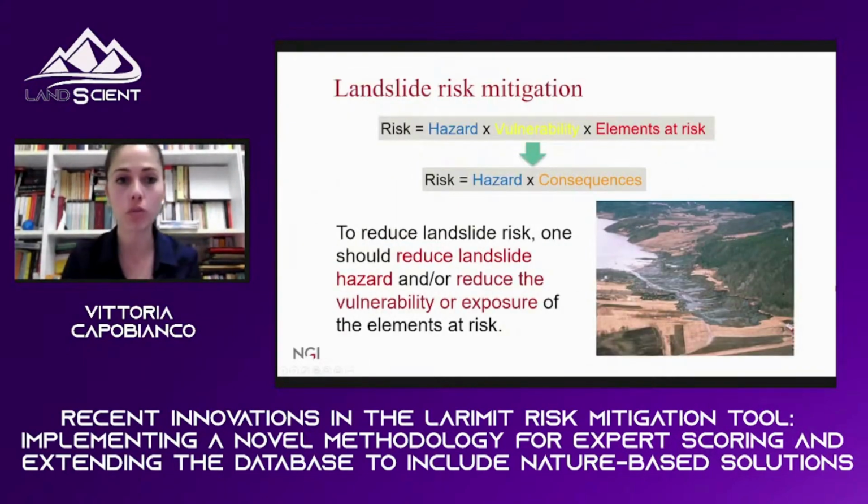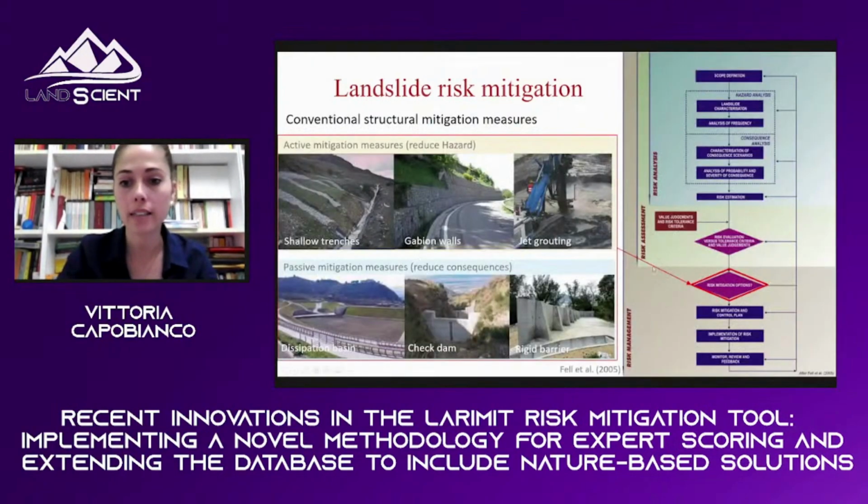I assume that most of you know that landslide risk is the combination of hazard and consequences, where consequences can be vulnerability and elements at risk. So to reduce the landslide risk, one should either reduce the landslide hazard and/or reduce the vulnerability or exposure of elements at risk. So if we look at the framework for landslide risk management provided by Fell et al. in 2005,